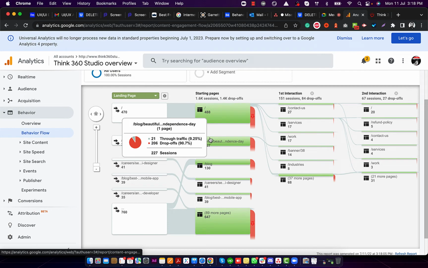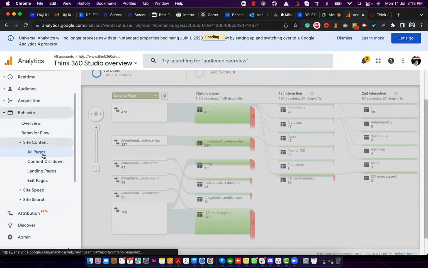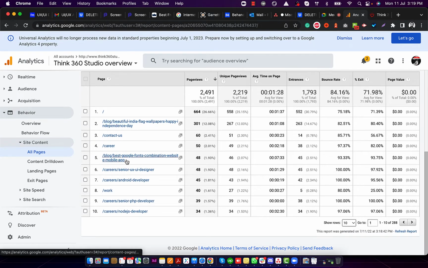So we have 27 hits on the blog in 1 week, you know. Our blog is very famous on the internet, as we write UI UX related articles. And if I would like to see which article gets the biggest hits, this is the article: beautiful India flag wallpaper, happy independence, etc. This is a very famous post on our site, because nowadays, with 15 August, we have Independence Day, so that's why this particular traffic came. And all other articles like best Google phone combination website on mobile app are also among the top articles. So on the web we can only understand on which page we are getting the traffic,